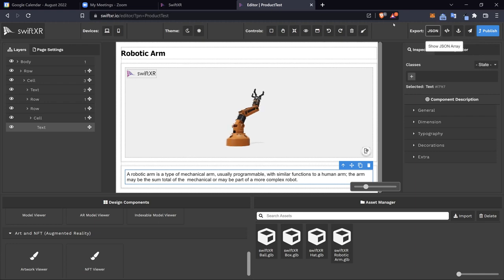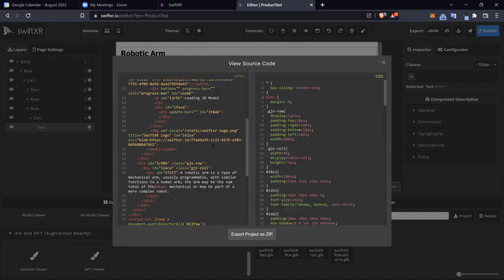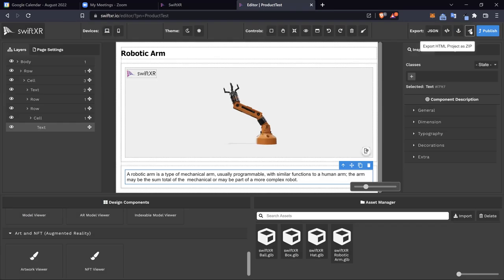Thank you. So we also have the export option here where you can look at the JSON components of your project. Then you can also view the source code and export this project as a zip folder. And if you're familiar with HTML and CSS, you can always edit more here. And finally, you can publish your project as well. So deploying your project is making that project live, basically, and you can share that link with people to view